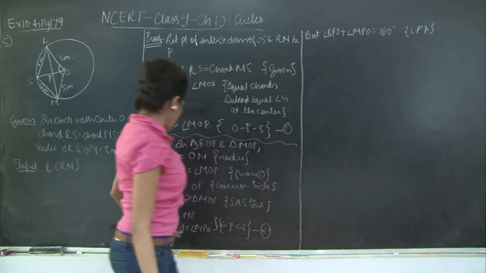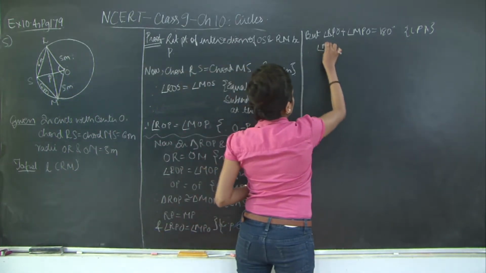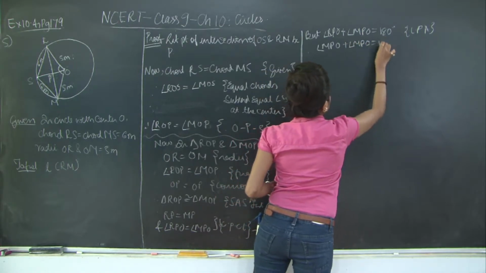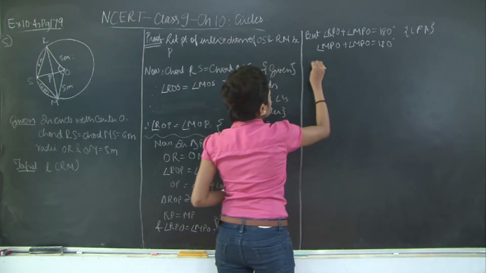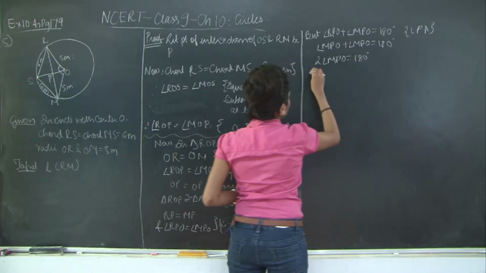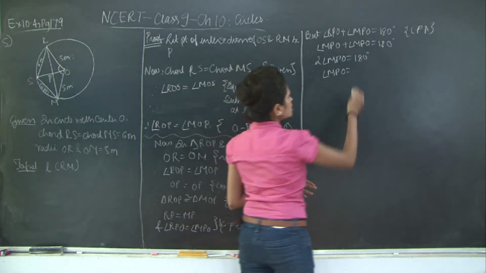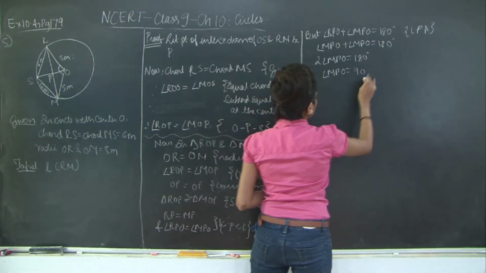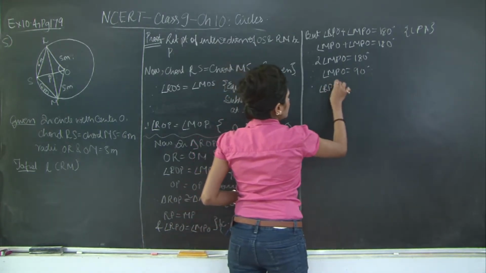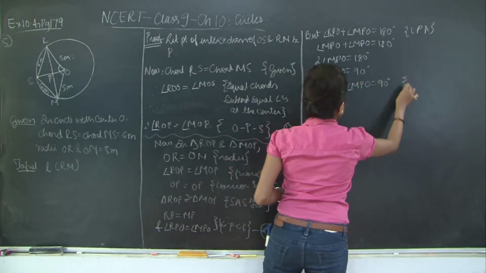Therefore, instead of RPO, I'm going to write MPO out there. Therefore, I get angle MPO plus angle MPO is equal to 180 degrees. Therefore, twice angle MPO is equal to 180 degrees. Therefore, angle MPO is equal to 180 divided by 2, which is 90 degrees, which is also, therefore, what do I get? That angle RPO is equal to angle MPO is equal to 90 degrees, and I'll say, let's mark